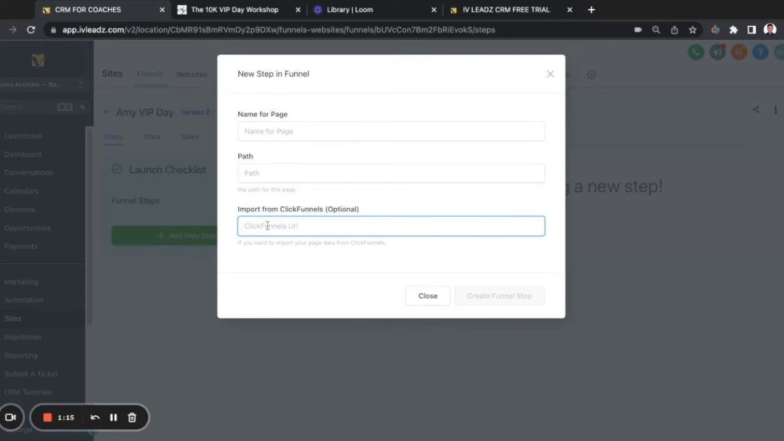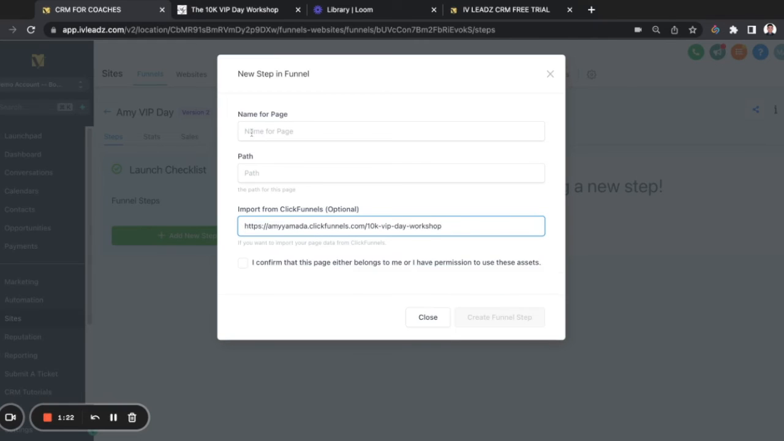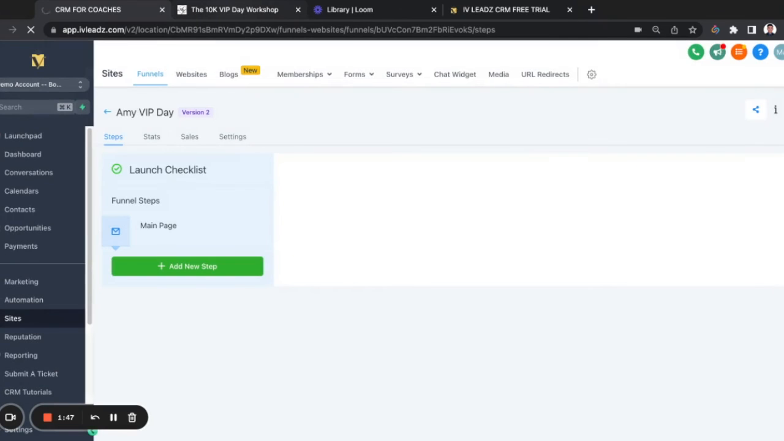And from here, you're going to paste the ClickFunnel URL that you've copied from ClickFunnel. So pasting that here, going to name it main page. And from here, go click on I confirm that this page either belongs to me or I have permission to use these assets. Now, when I click create funnel step, the system will actually rebuild the entire landing page without me having to do anything, right? In less than a minute, it will help